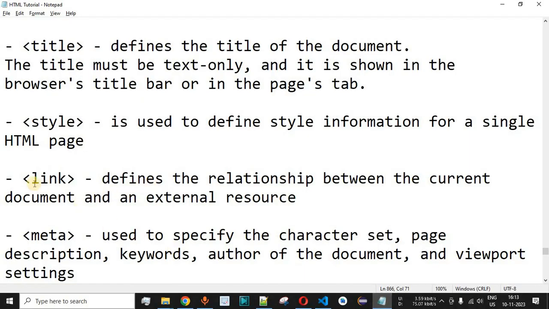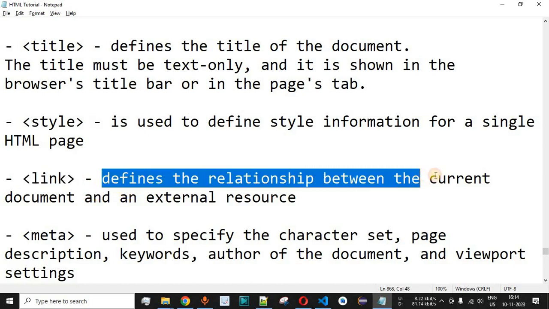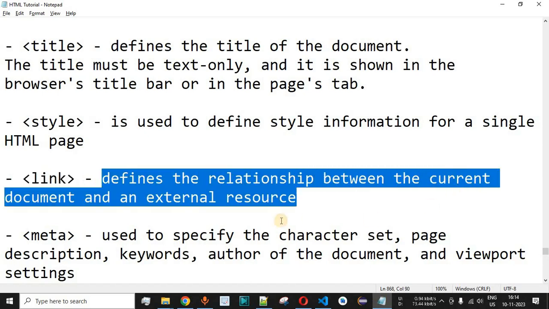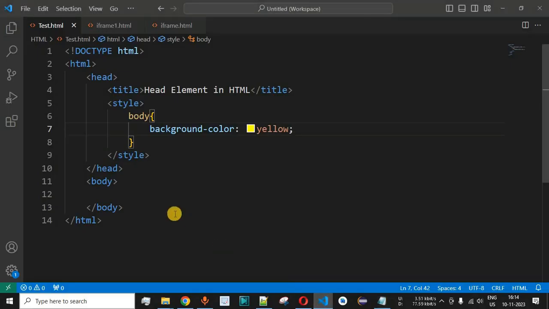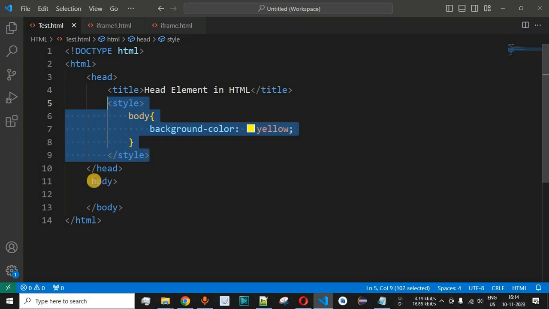Now guys, we also have the link tag as well. It defines a relationship between the current document and an external resource. One of the best applications of the link tag is to link to an external style sheet, which means a CSS style sheet that you have created. When you are going to work on big projects, instead of having internal styles or inline styles that you can define inside a particular HTML element, we are going to mostly deal with an external style sheet.